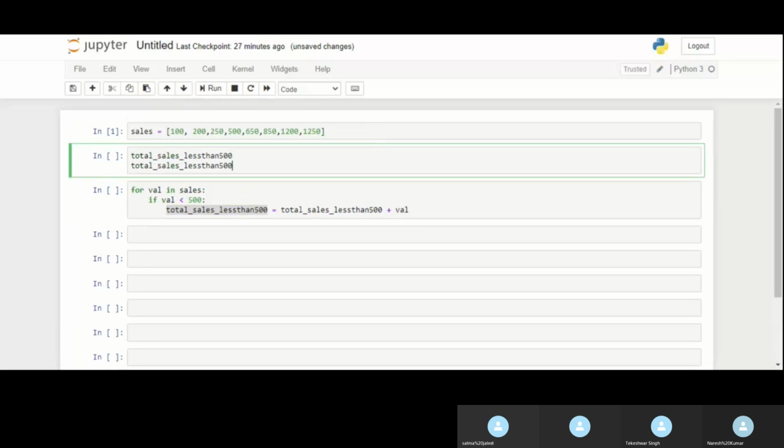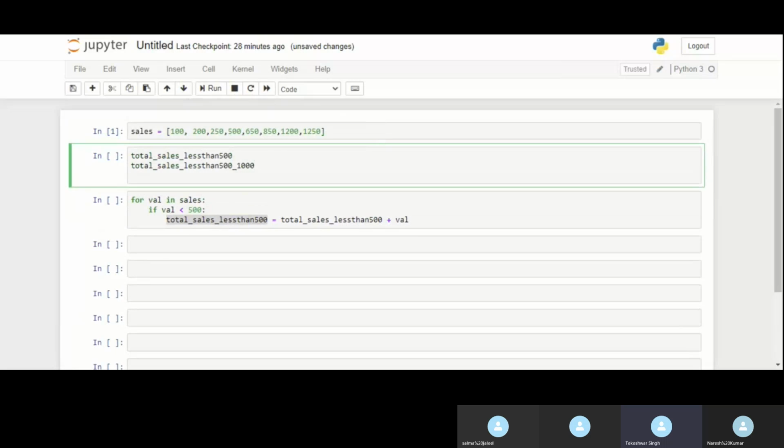So all three variables I will first initialize to 0.